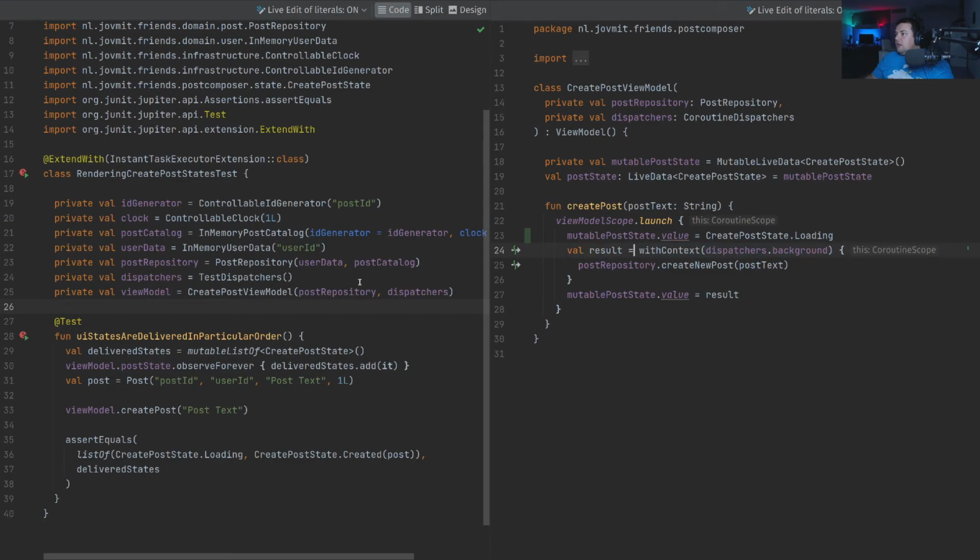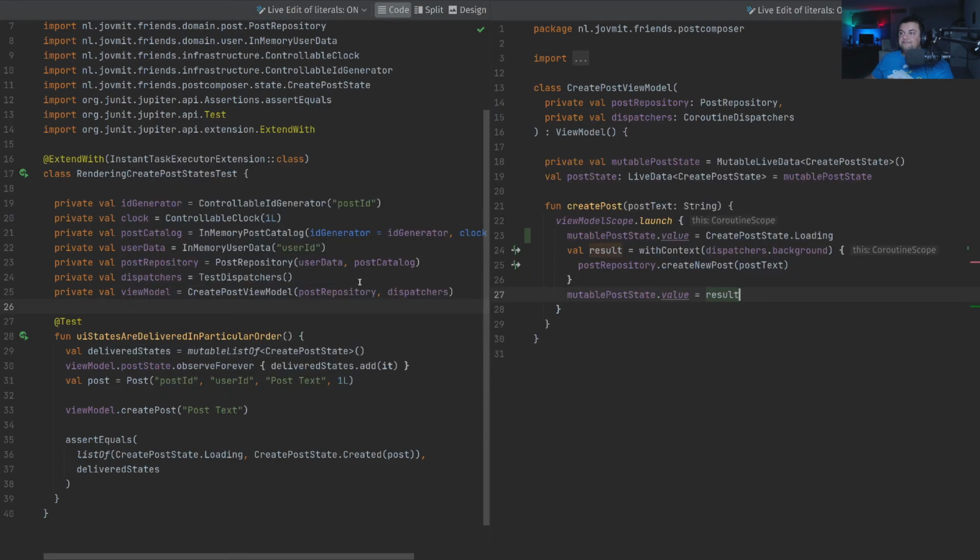Then using the dispatcher, the background dispatcher, we are gonna do the operation and finally deliver the result, and that should make the test pass,